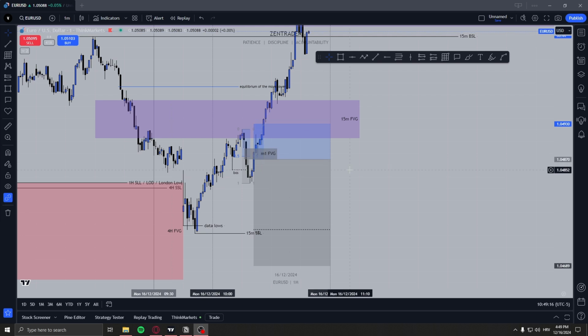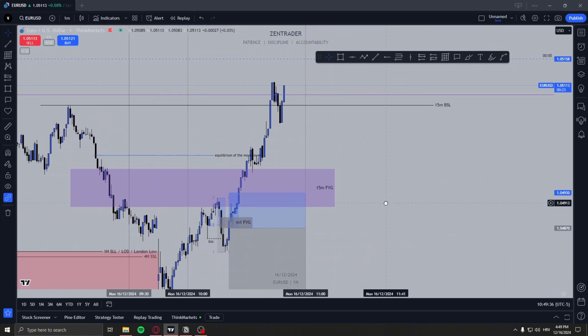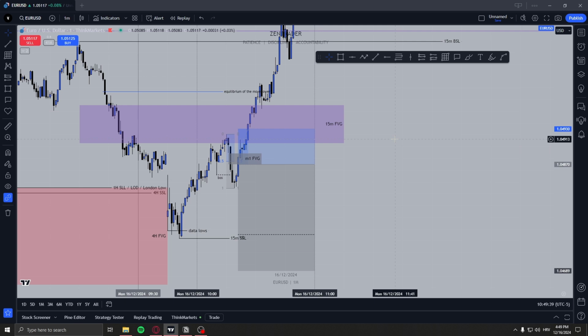because I looked at my checklist and I knew that there wasn't a sweep of key liquidity, and I still executed the trade, which is my mistake because this is the last week that I'm trading this year and we are on a risk-off approach, and I said only A+ setups when this wasn't an A+ setup and I still executed it. And even though it's the beginning of the week, why do I have to search for these trades? I don't have to. Maybe if it was Thursday or Wednesday, I would execute this trade, that's fine, but when it's the first day of the week and I execute a trade that's not A+, I don't have any more days to trade this week.